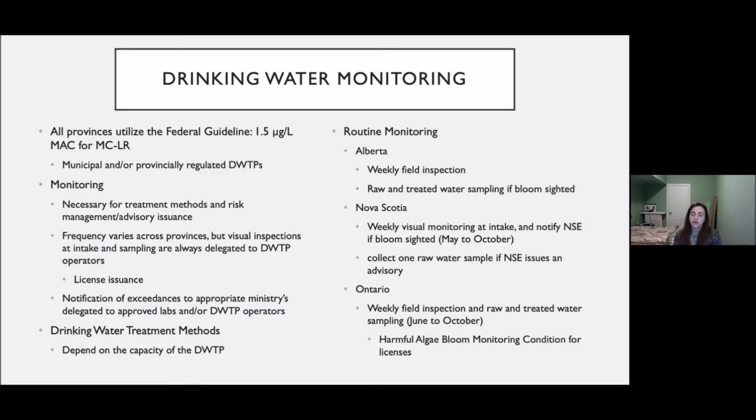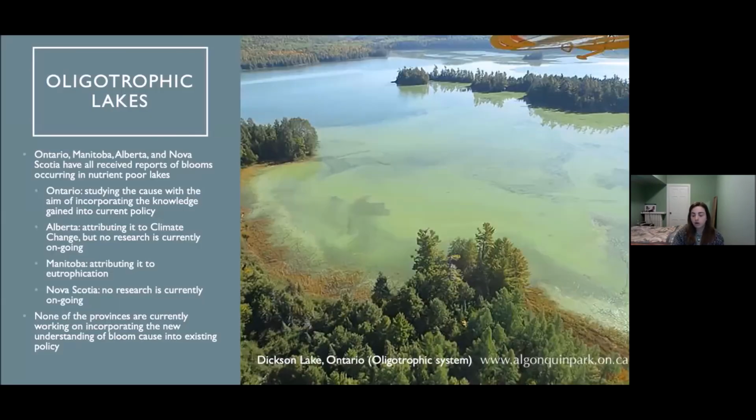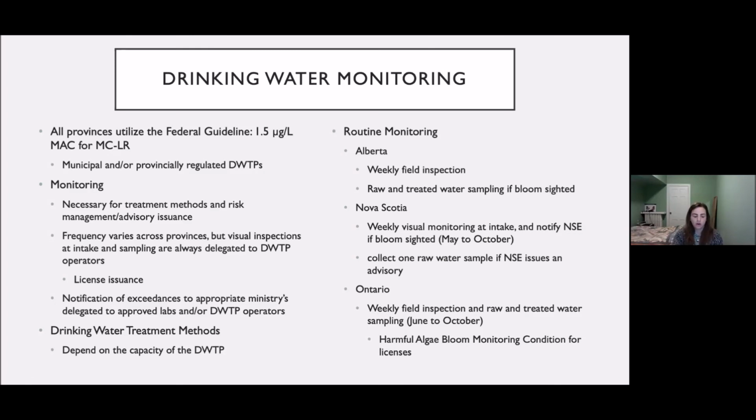So routine monitoring, a bit of a comparison there. So Alberta, if Alberta Environment decides based off of past environmental data that because of the occurrences of blooms, there's a risk to the public, they will require under the license weekly field inspections. Raw and treated water sampling is required if a bloom is sighted, and then they'll issue an advisory depending on the